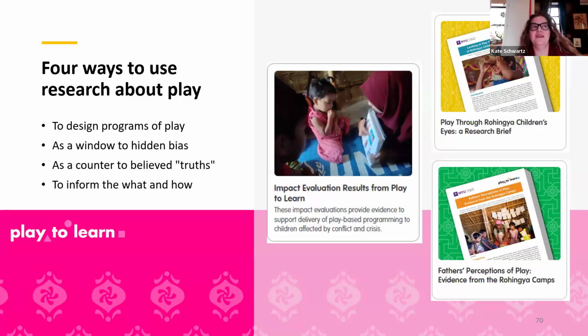Thank you, Anjali. There are a lot of ways research can be a critical part of supporting play and bolstering program quality and program context fit in relation to play-based programming. Today I just wanted to highlight 4 of them, which are all on this slide. The first, which has come up a lot in this webinar already, is in helping with program design, or what's referred to as formative research.